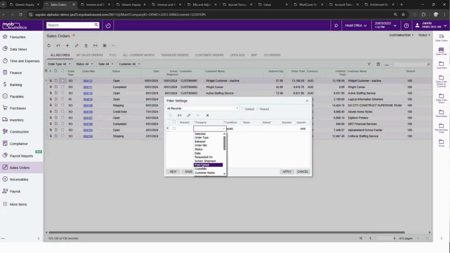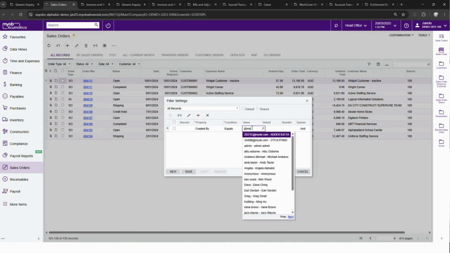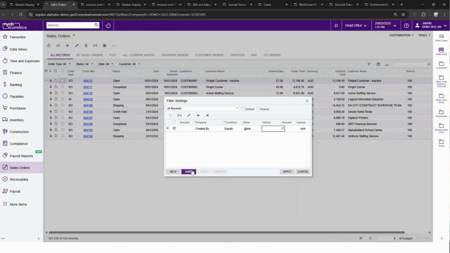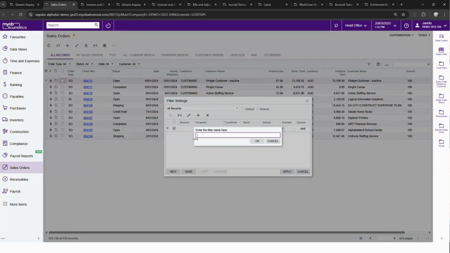Let's use created by. Most often than not, we would set this as the salesperson ID and all that, but you can set it in a way that you put a default to yourself, like you put at me, so that you can use this to see sales orders created,